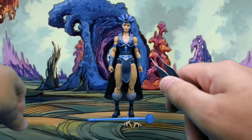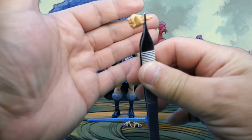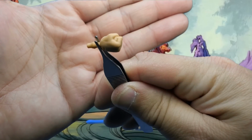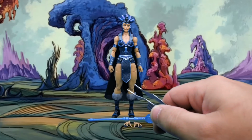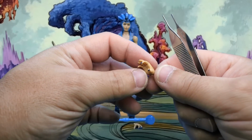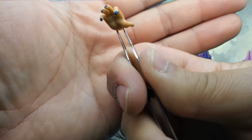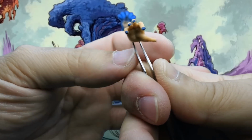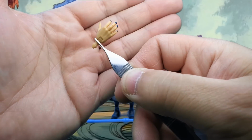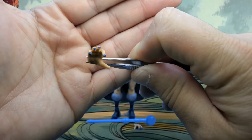In and out hinge, and this one is exactly the same, only it's for the opposite side. So that's cool. And now we have some magic casting hands, and they're on in and out hinges as well. She's got some fingernail paint polish on these nice molded details, and I like the way these casting hands look,